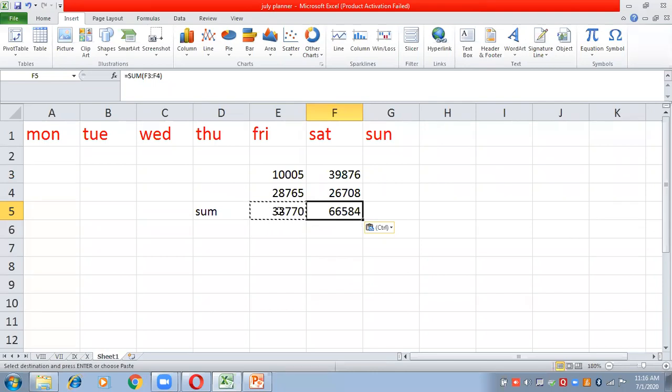It is not copying the digits, it is copying the formula, and according to the values it changes the value of this cell. Is it clear to everyone? This type of referencing is known as relative referencing, where the formula will automatically change according to the place where it has been copied.